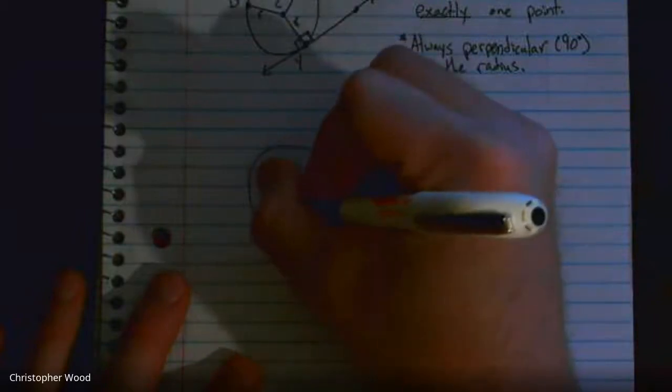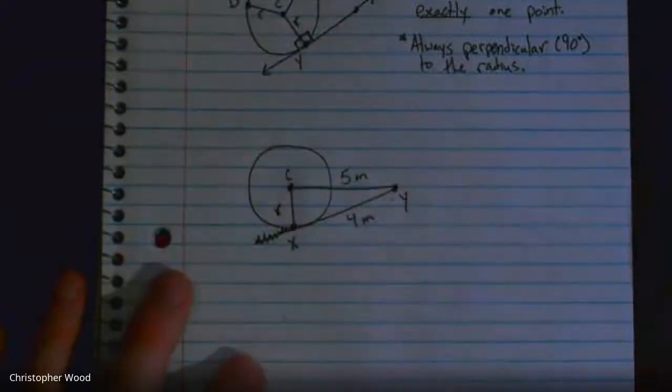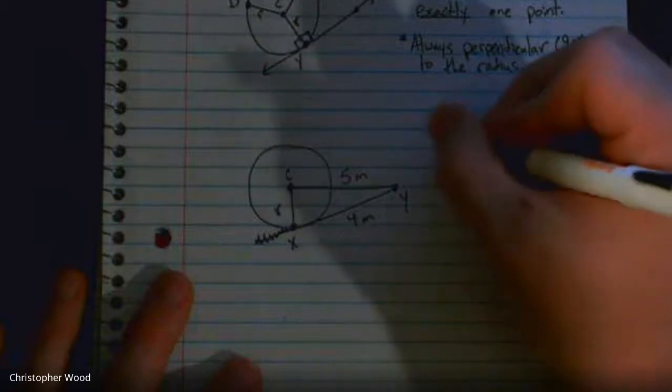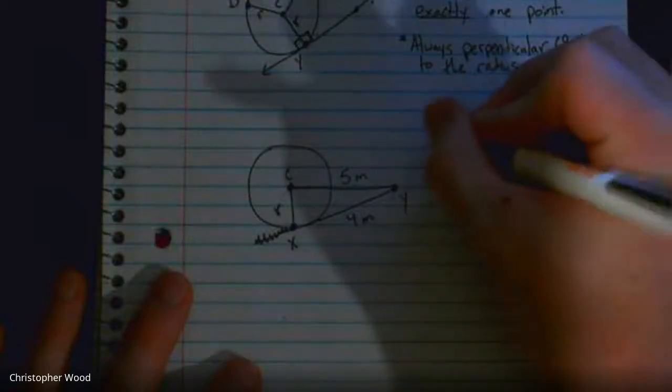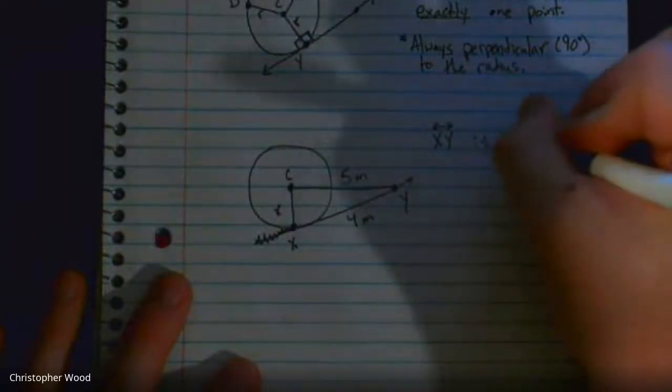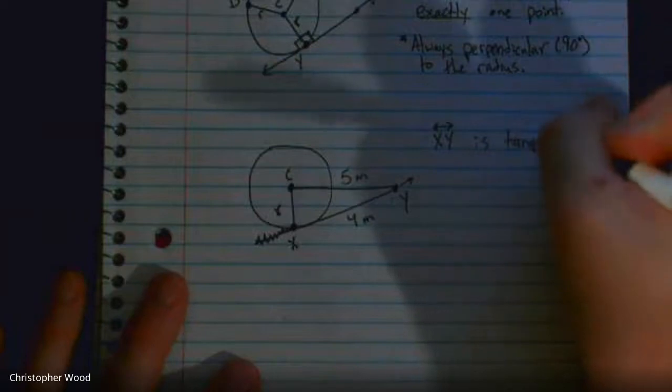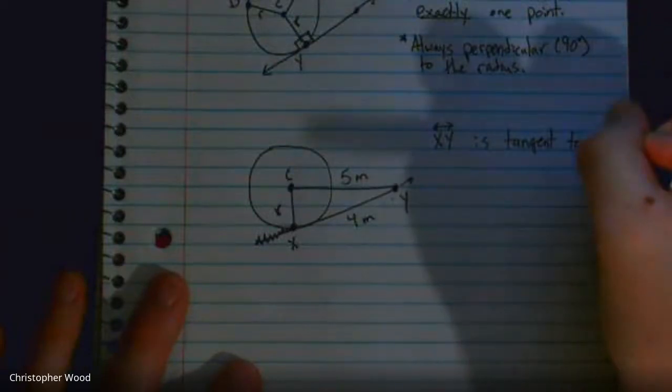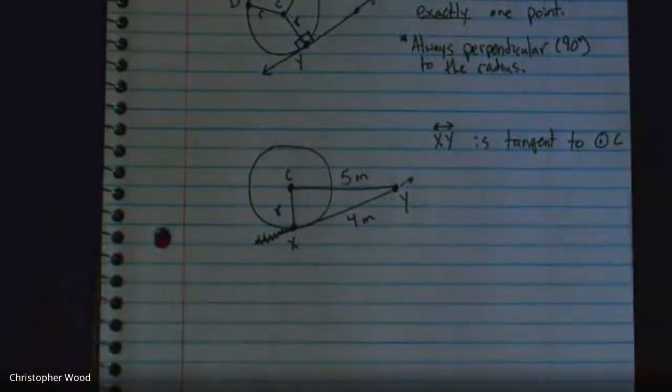And I want to figure out what the radius is, right? Let's say I don't know what the radius of this circle is, and I want to figure it out. And I know that segment XY is tangent to circle C. So if I know that they're tangent, now I know